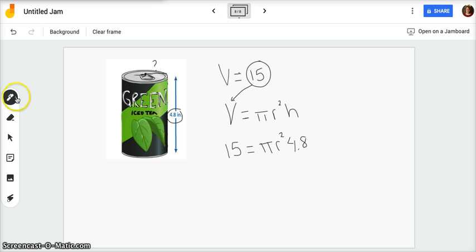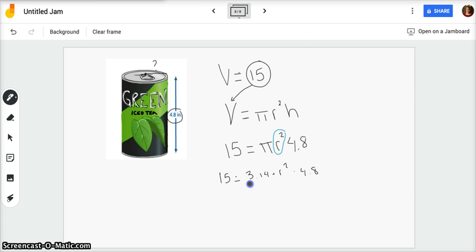So, believe it or not, we actually only have one variable inside of this equation now because we already know that we can estimate pi to be 3.14. So we can say that 15 equals 3.14 times the radius squared times 4.8,